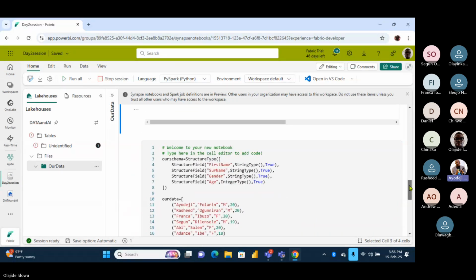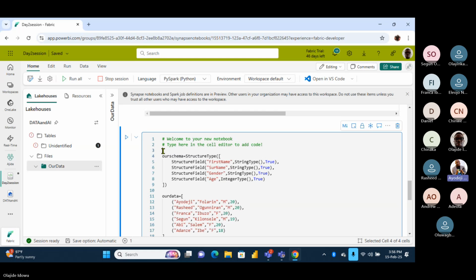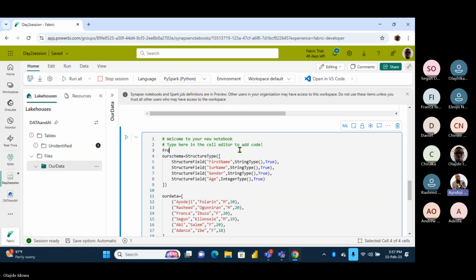So just say from, before anything. Bring it down, go up and type from, small letter, from where?